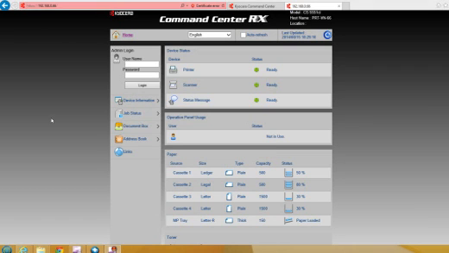Today we're going to be doing a quick video on how to set up account codes for your copier. The need for accounting codes will be to be able to lock your users down, to disable them from printing in color, or if you want to be able to limit your users from printing in any way, shape, or form. If you want to give your users a monthly limit to print or anything like that,